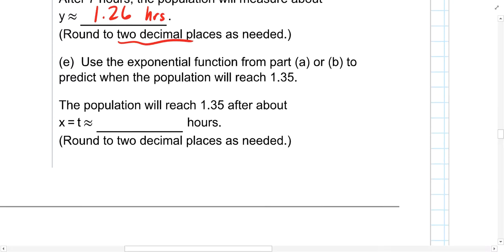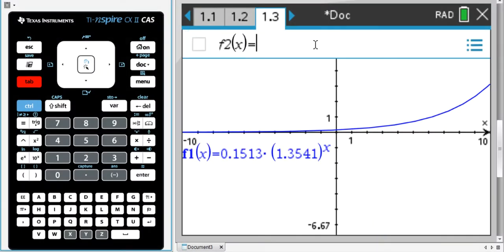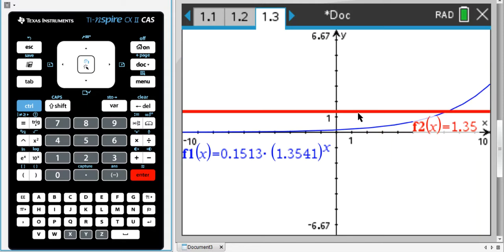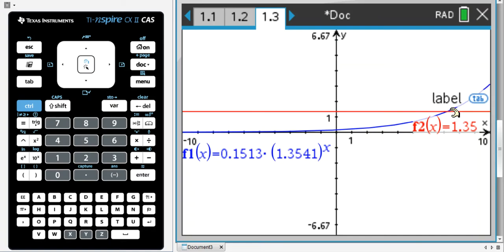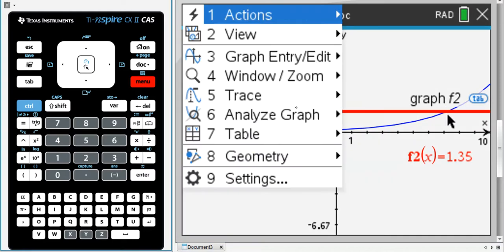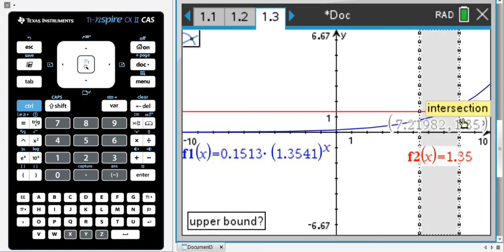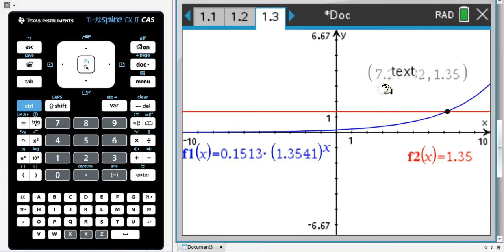And finally, part E. If I go back to the graphing calculator and press the Tab key, this will bring up another formula bar for me. Our target is to find when the population will reach 1.35. So I'm just going to create this second function equal to 1.35. That creates this horizontal line which represents our target line, and we want to know what x value is going to create an intersection at these 2 points. And with the menu option, number 6, to analyze the graph, we can find the intersection between 2 points. That appears to occur at time 7.2198,